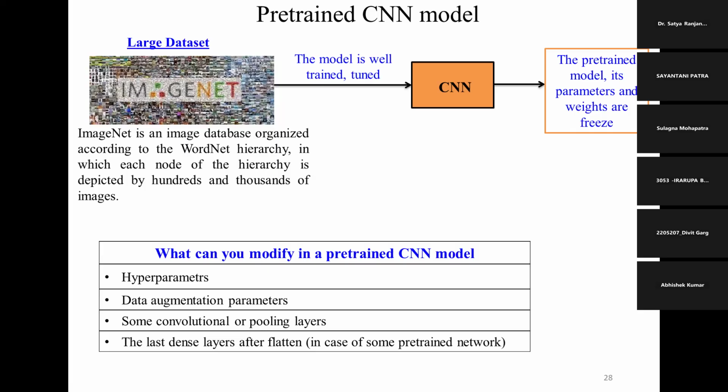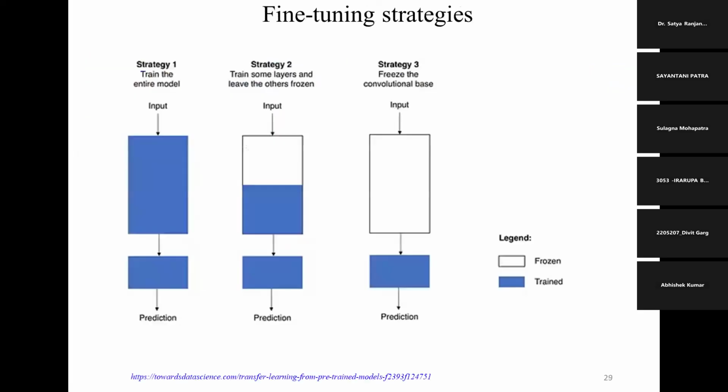Because the models trained with the ImageNet dataset, all the sequential models or functional models, have already been trained by researchers with 40,000 classes or maybe more. At the time when I was doing my research it was 40,000, and I think it is increasing now. So it can give you better accuracy.